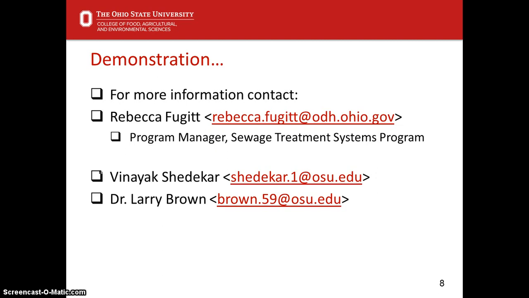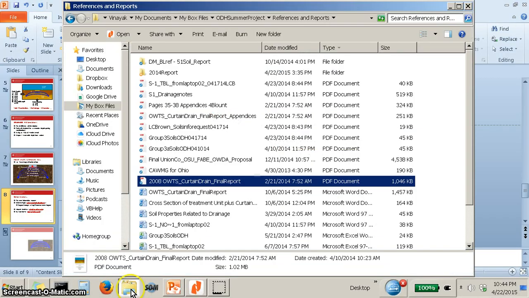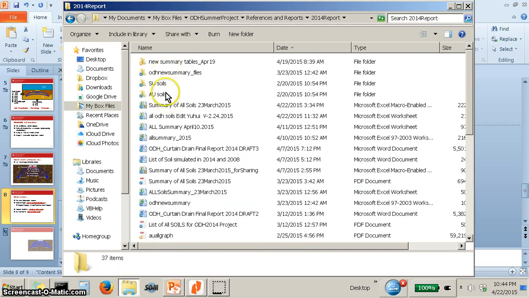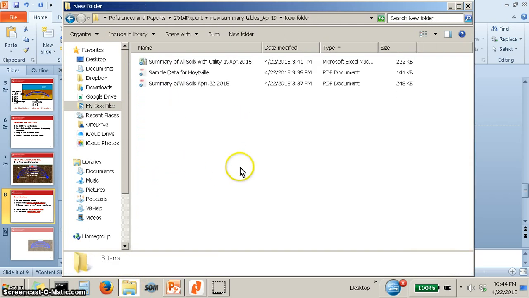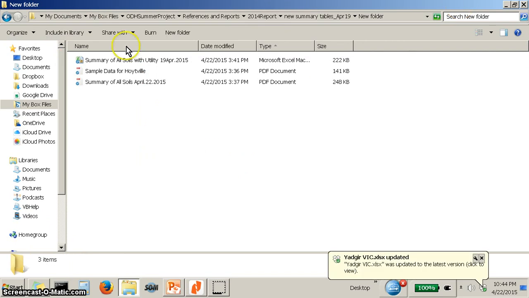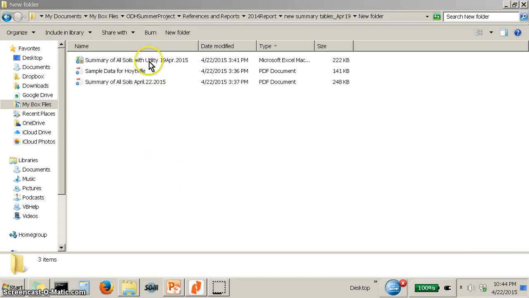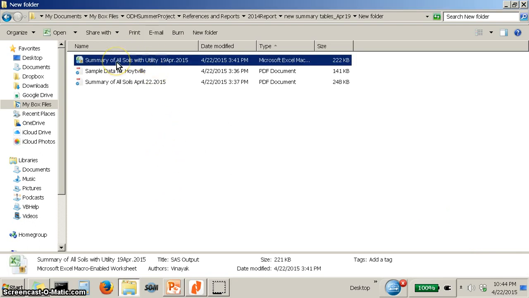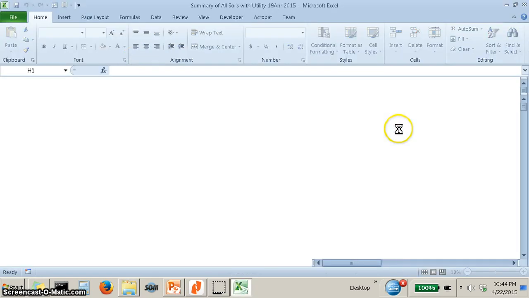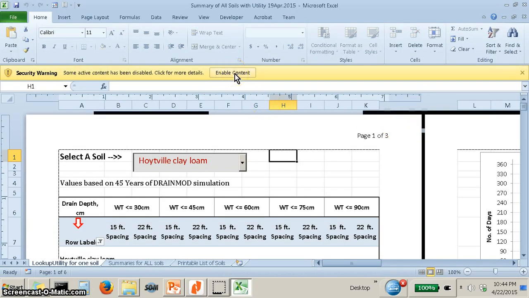Alright, with that, I'm going to switch to this folder. When you get the results, you're going to see these 3 files, and the first file, which is more of an interactive spreadsheet for you, is a summary of all soils with utility. This is an Excel file, and it has some code written in it using Excel macros, so make sure you enable the content